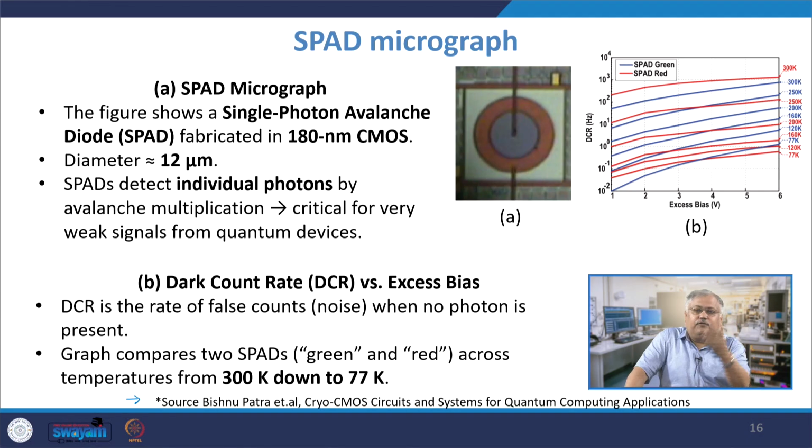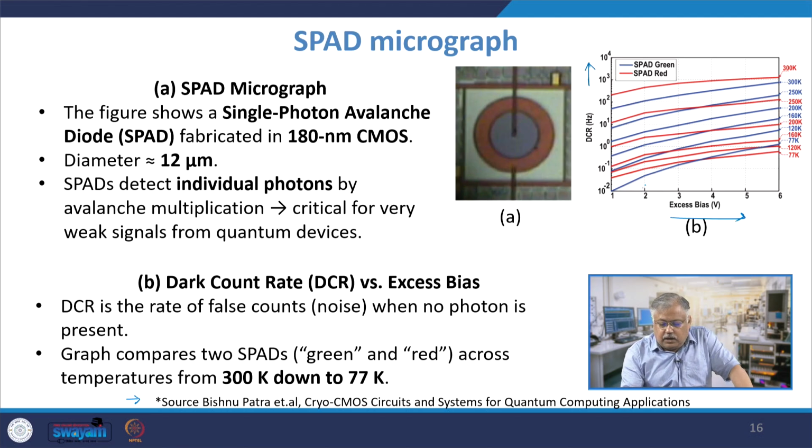Now, DCR is known as dark count rate, and this is whenever you do not have any photon falling into the SPAD, and you still have some current flowing. That is known as dark current. With no photon present, you will have the dark current available to you. Now, if you see the dark count rate on the x axis, the number of dark counts per unit time, and the bias given here,